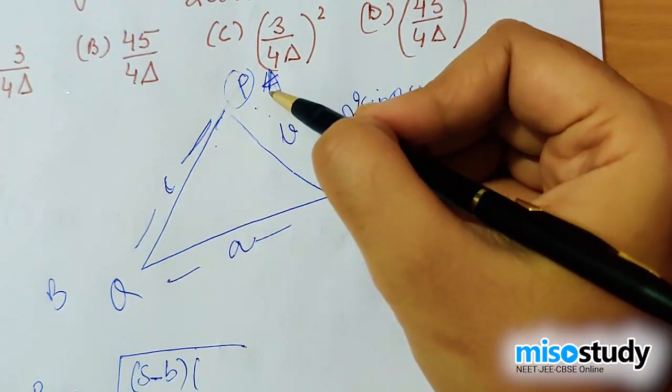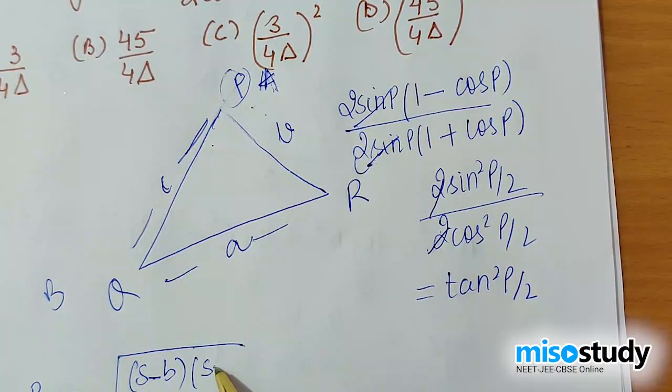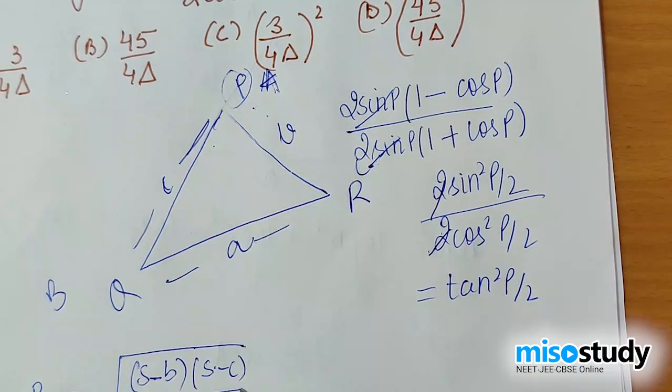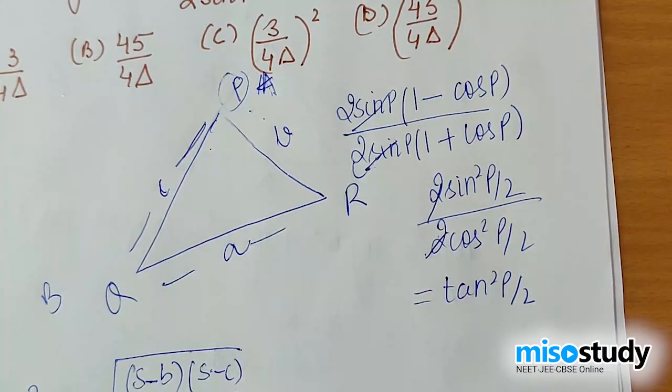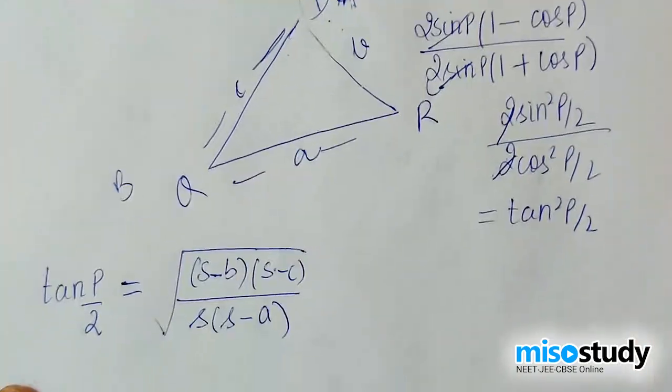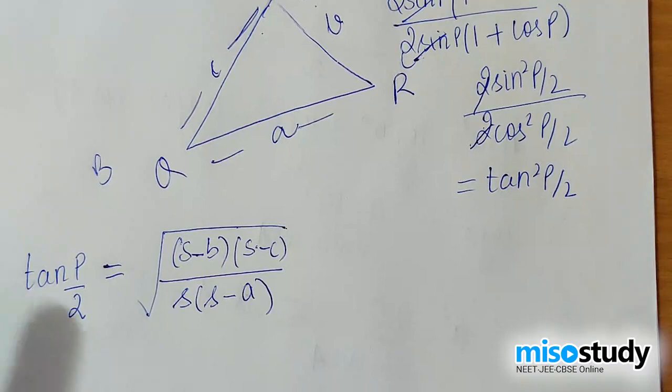So if it was angle A, it would be tan A by 2 is s minus b into s minus c upon s into s minus a. Okay, so this is a formula. This is a very common formula, right? Now, if you look at the options,